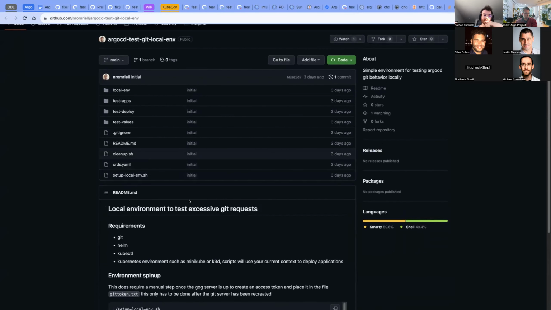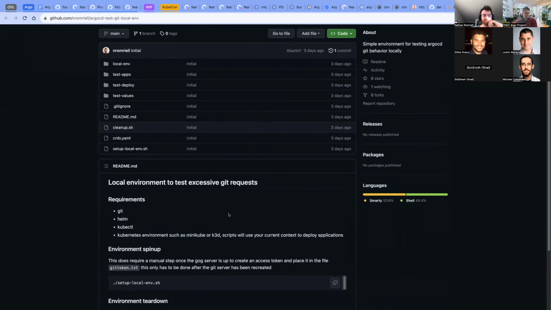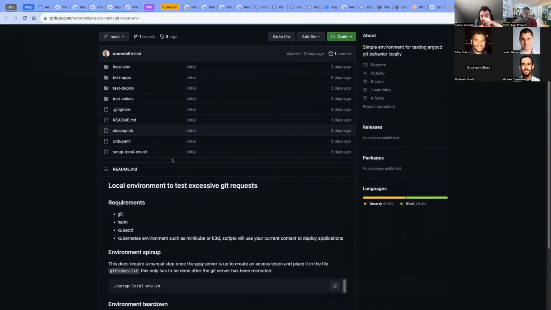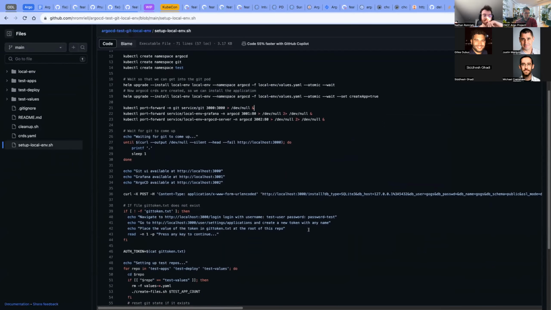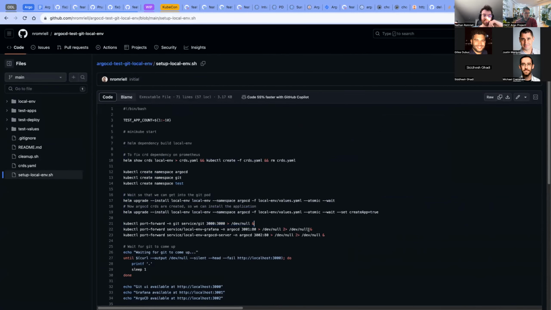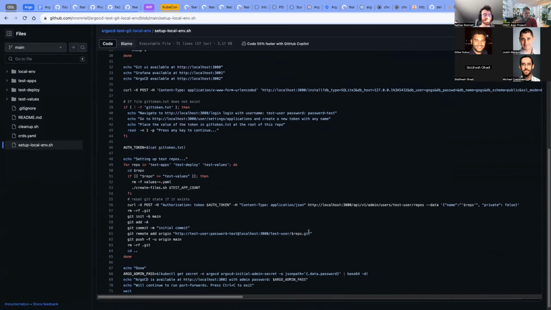Then I had Prometheus watching the LS remote and fetch requests. With the change, it dropped down to just however many repos I had per check. I think I was doing a check every 30 seconds, so it was about 3 every 30 seconds.